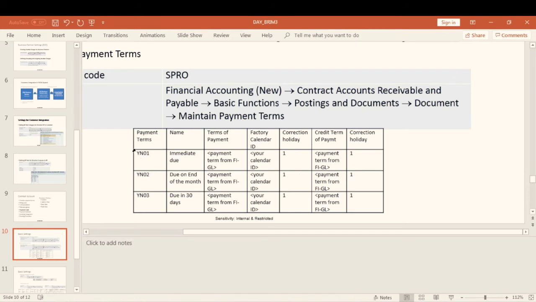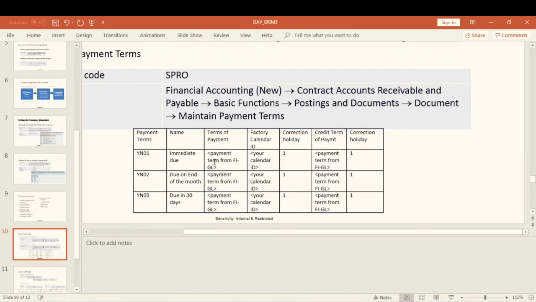Here we have defined the payment terms like YN01, YN02, YN03. In terms of payment we can say when the customer has to pay, whether immediately, at the end of the month, or in 30 days.